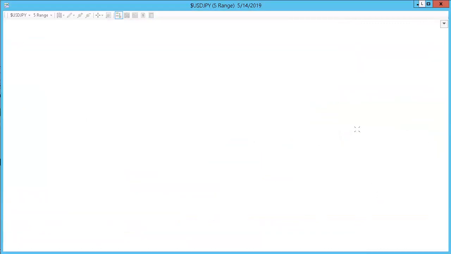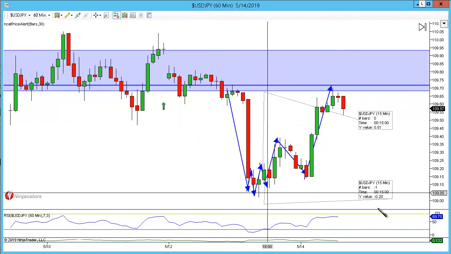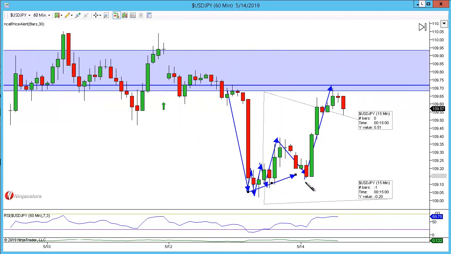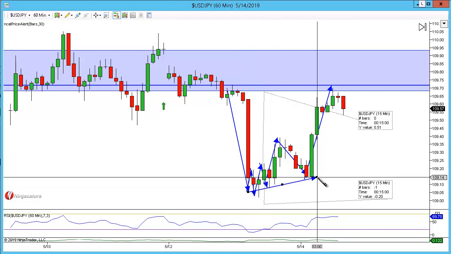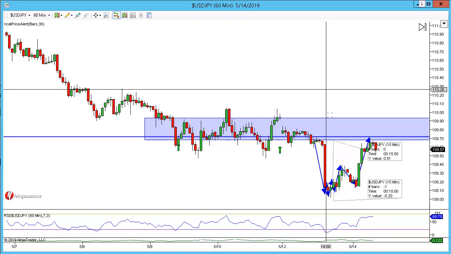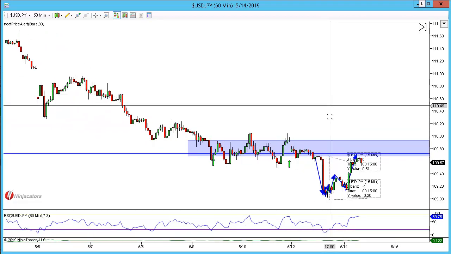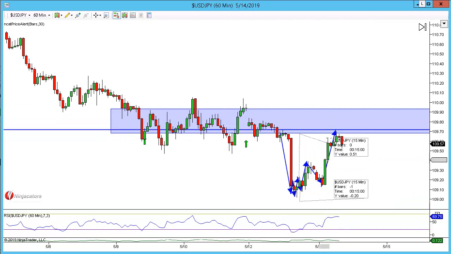Let's go and take a look at the 60. Very nice here. Big pullback here, didn't come down for a retest, so no double bottom, and just rallied on up there to hit those extended targets. I'm usually very conservative when it comes to target taking, particularly on the 5 range, but